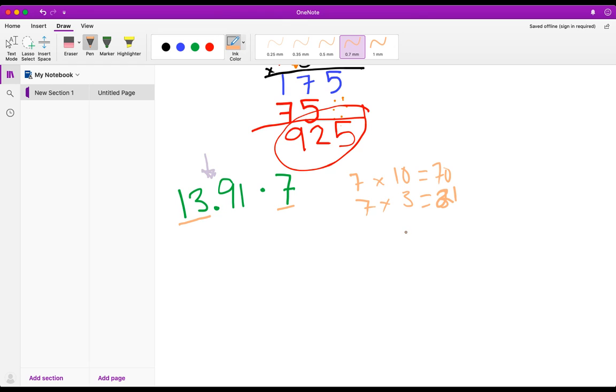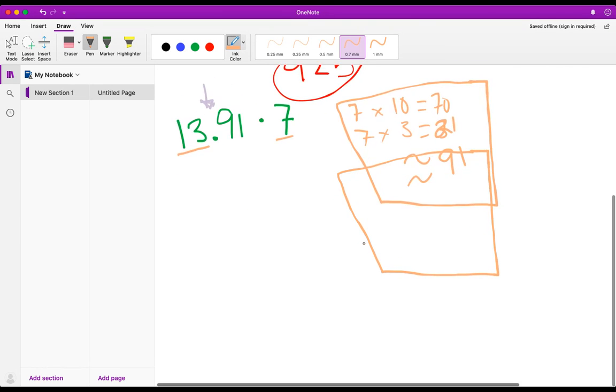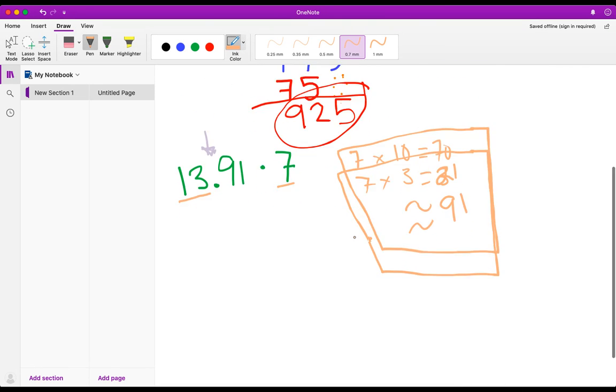And so I know that my answer is going to be approximately 91. And this little bit of work before you start solving your equation is going to help you make sure you put the decimal in the right spot, because that is probably our number one